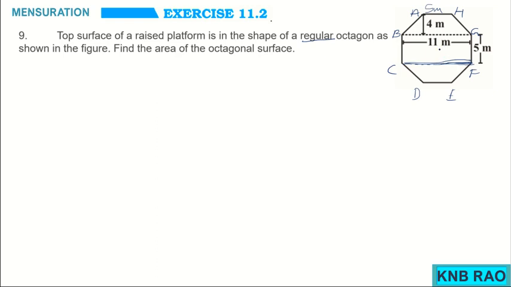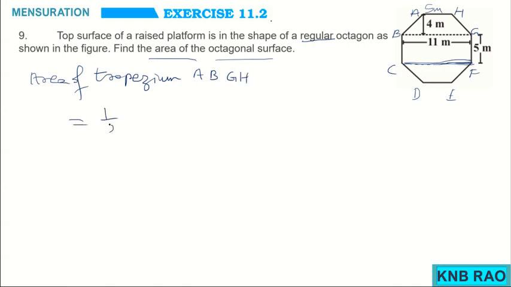Thus, I have got three parts made out of this octagon: two trapeziums and one rectangle. So, if you want to find the area of an octagonal surface, I am going for finding the area of trapezium, as I named it, ABGH,